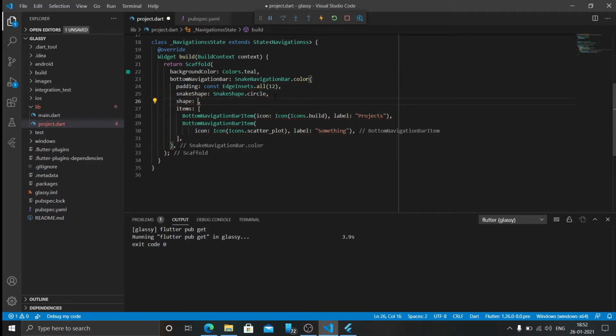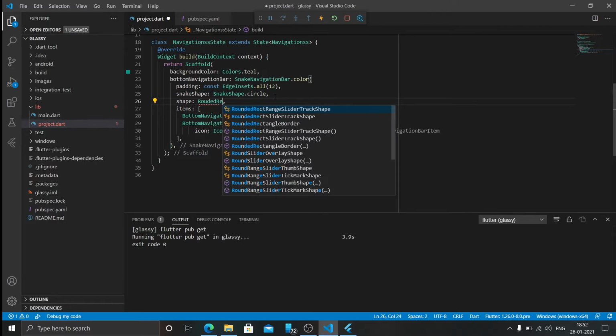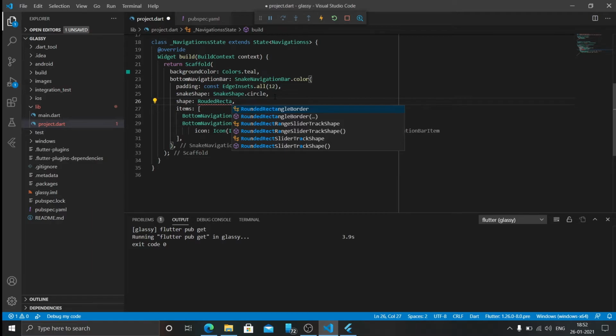Next is to give a shape to the whole navigation bar. I wanted to give it a rounded border so that it looks beautiful. For that I will add a border radius and give it a circular shape.